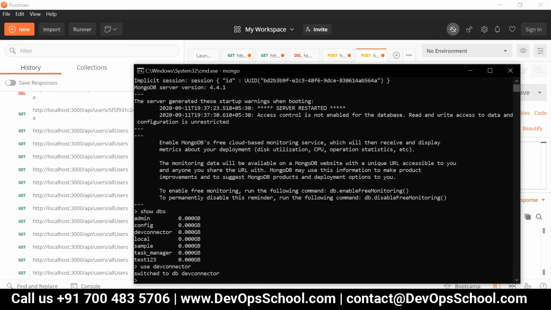Yeah, done. We can see dev connector. Okay, so now you are able to see, right? Next point, now here you have to fire a command called use dev connector.